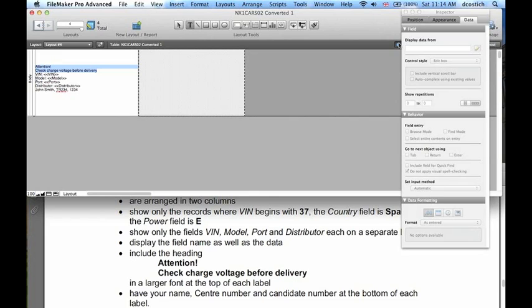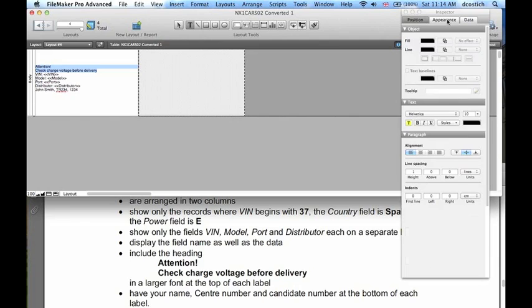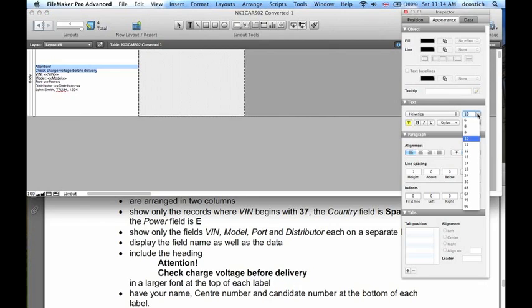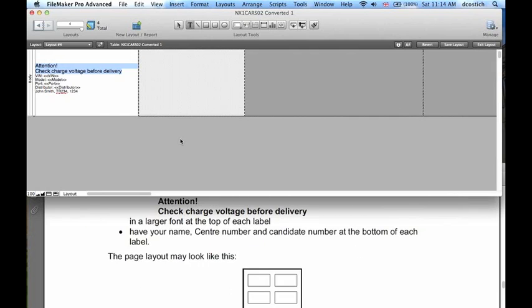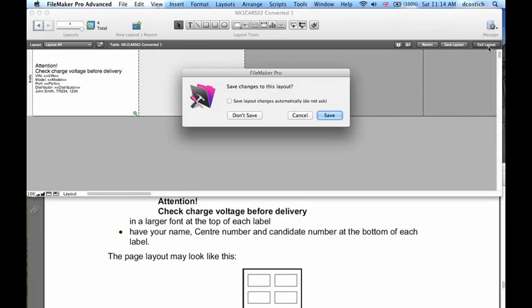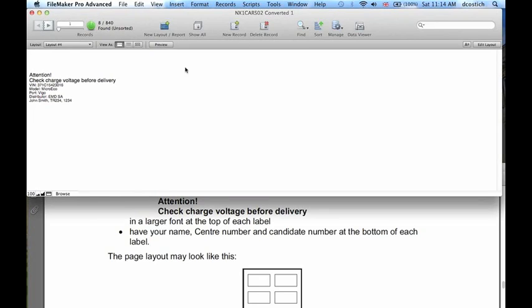So click on the inspector tool, appearance, and the font size, let's increase that to 14. That looks good. Everything else is as we need it, so I can click on exit layout, save layout,